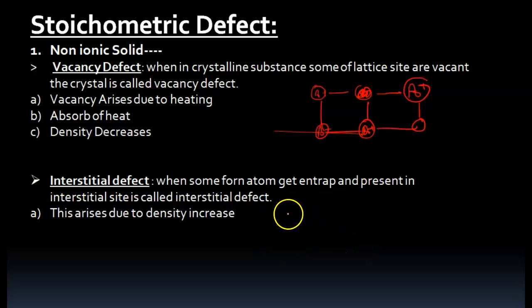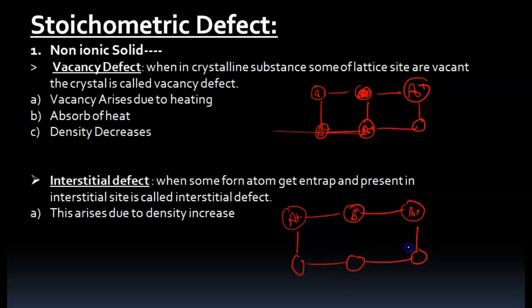So for interstitial defect, like this is a crystal, and some ion is present in an interstitial site. It is called interstitial defect. Alright, now next is